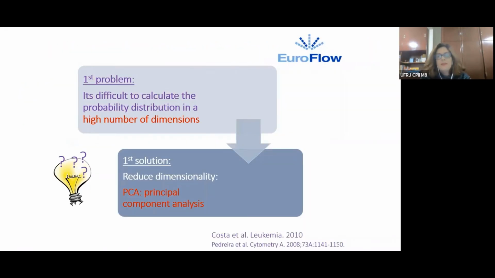The first problem is that it's difficult to calculate probability distribution in a high number of dimensions. So the first solution we used was